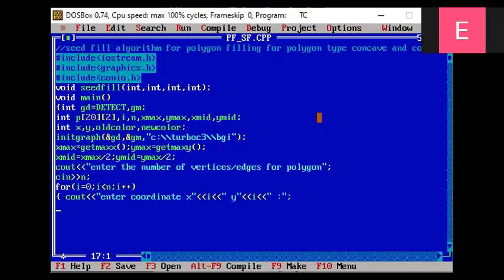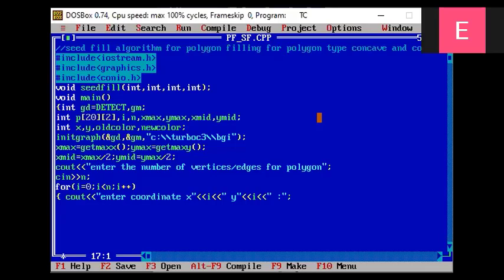So what that shows to the user: enter x0, y0, enter x1, y1, enter x2, y2, meaning enter coordinate x0, y0, enter coordinate x1, y1. So the user can easily identify, yes, I have to enter my first coordinate, second coordinate, third coordinate, fourth coordinate. And you are the programmer, you have to make it easy for the user, so that it can be read.